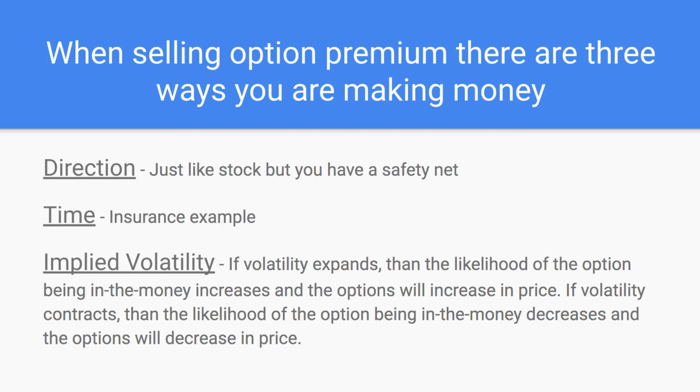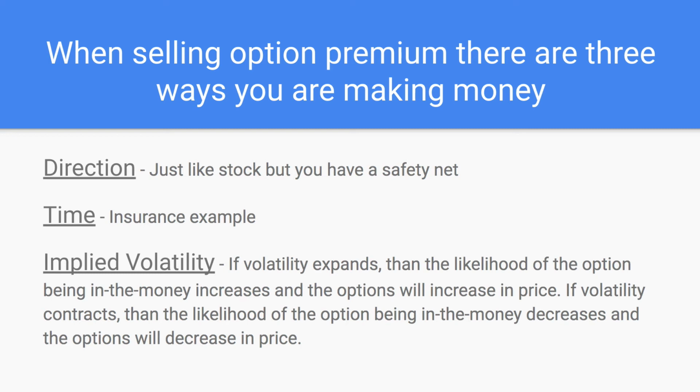Additionally, we make money by time. So when we sell option premium, we are essentially acting as insurance brokers. However, unlike insurance, which if you buy a 12-month policy or a 5-year policy, it will decay linearly, in the option market, the decay of the premium on the option is actually non-linear, and there's actually optimal times to sell option premium, which is about 45 days till expiration. However, as time passes, those option prices will decrease and you'll be able to close out those positions for profits